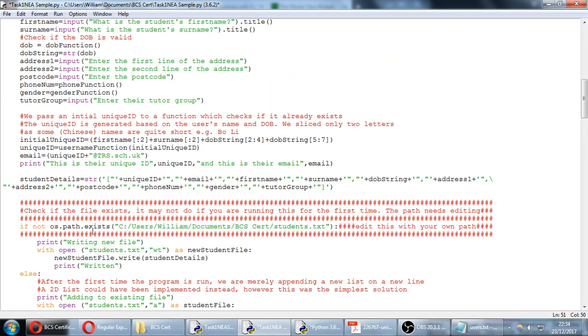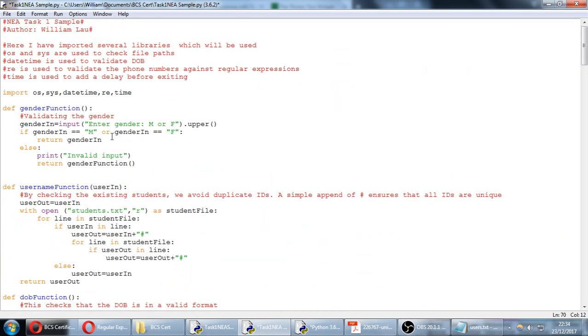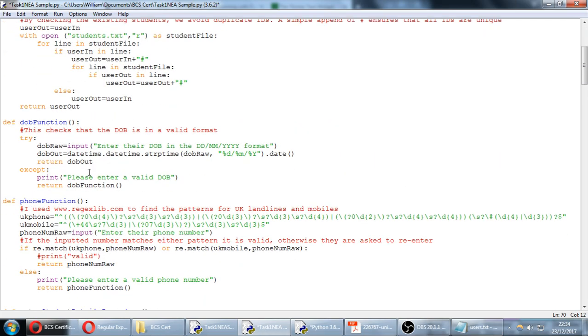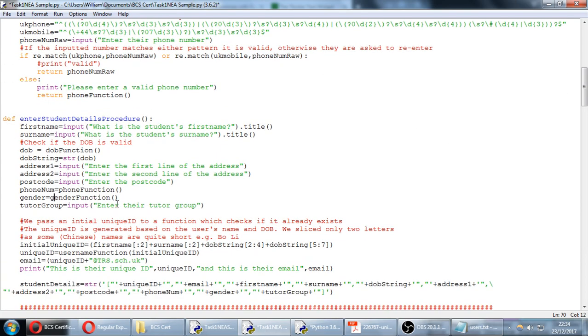Other things that we do, gender is also validated, but I thought I'd validate that in a different way. Just checking if they enter M or F. If they do, then once again we return the gender. Otherwise, another recursive call, it calls the gender function again. Tutor group is fine. We're just asking them for their tutor group, and then I'm generating their initial unique ID